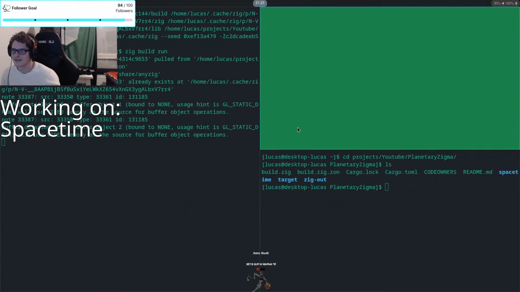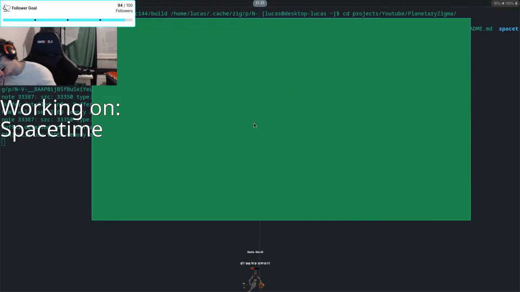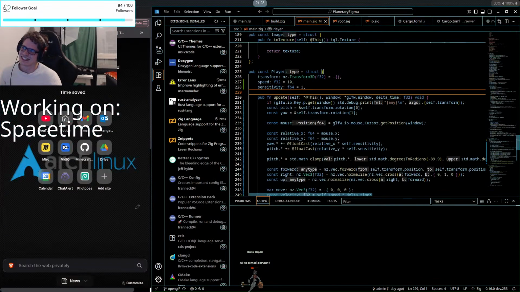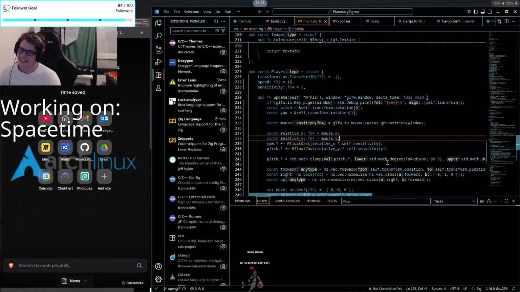Okay, let's see. Why does it always start like this? Oh my god! Is it spinning because of my mouse? No, this is because you were removing the raw mouse thing, and that basically messes everything up. But there is no equivalent in GLFW, I don't think. Well, there has to be.